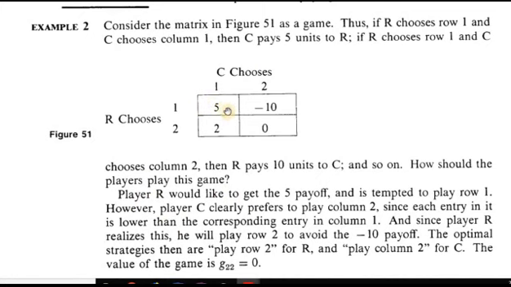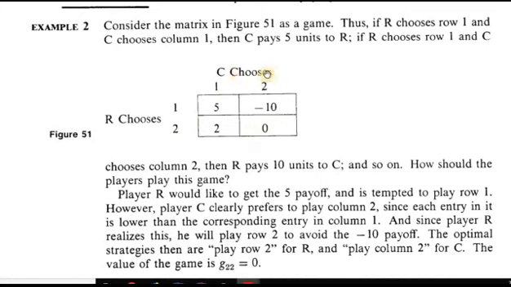But if he goes for this one, then the column player is going to choose 2. He's not going to sit around and let the row player get the 5 payoff, he's not going to be dumb like that. He's going to choose 2. He's not going to let player R get his most benefit. He's going to try to get his most benefit himself. So that's really not a good option for player R to choose the first row, because he's going to get burned. It's better for him to choose the second row. In this case, his maximum payoff is less, but what he stands to lose is also much less.